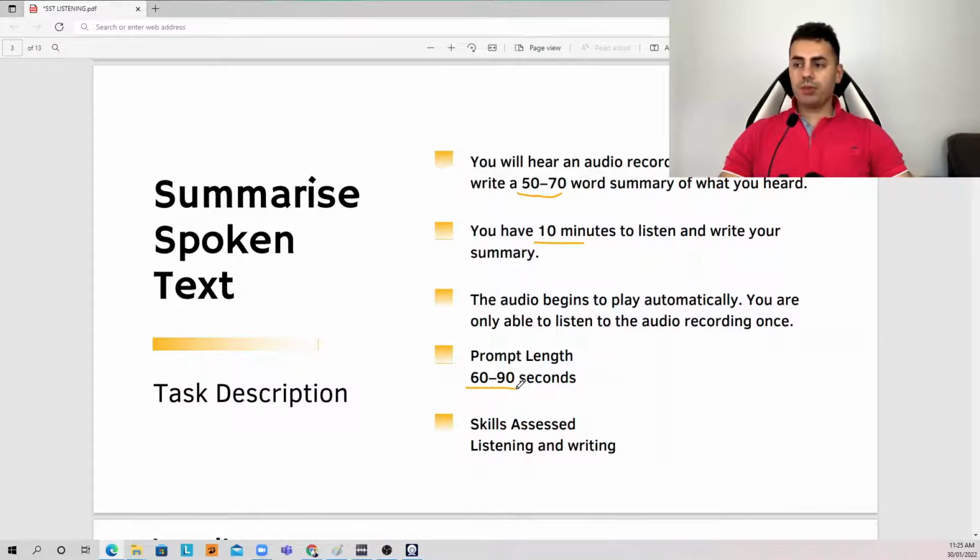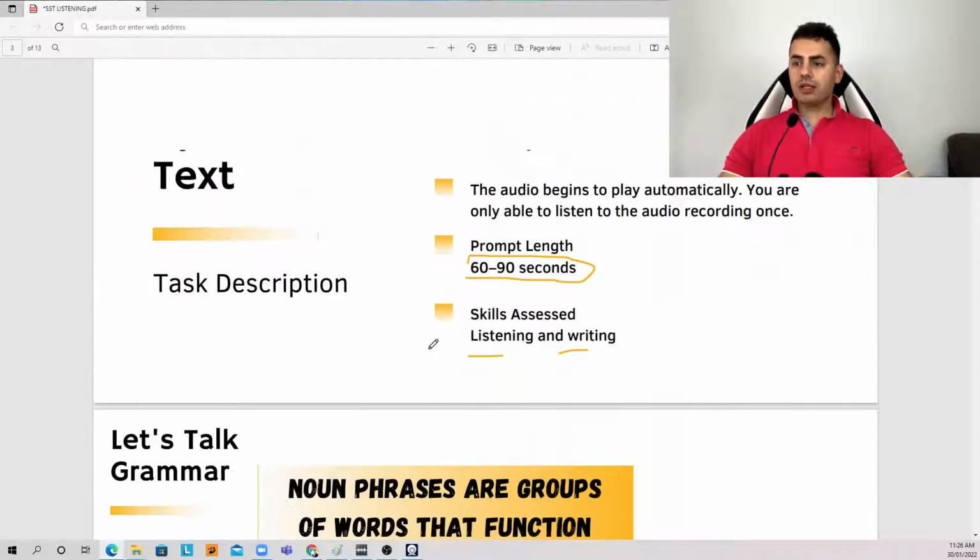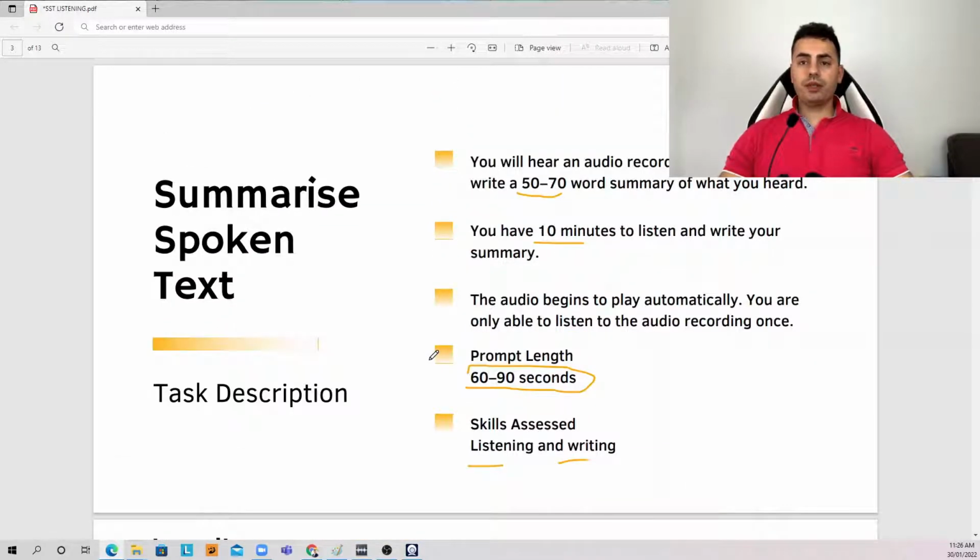The audio will be between 60 and 90 seconds, and don't forget that this task contributes to your listening and writing sections. Honestly speaking, we do have to take advantage of time, as I mentioned, because if you remember in Retell Lecture you have to listen and speak straight away within 10 seconds. You don't have enough time to prepare, but here you've got 10 minutes to submit your answer, which means you still can edit your notes, fix your notes, try to remember what you've heard and include it in your content, and this is something I will discuss briefly.